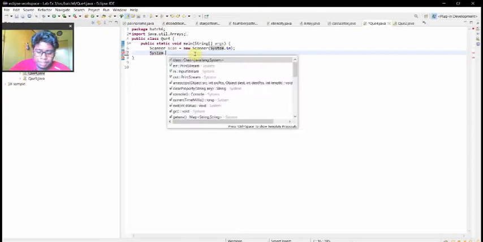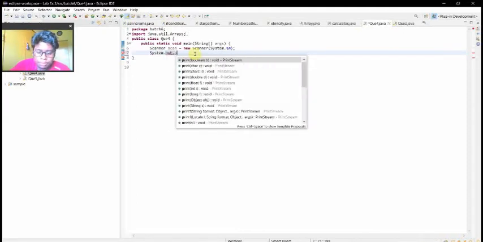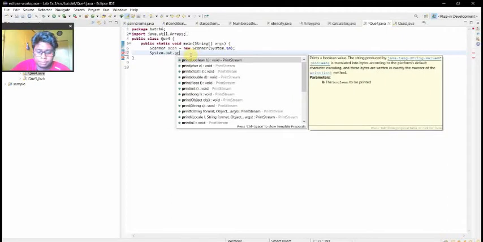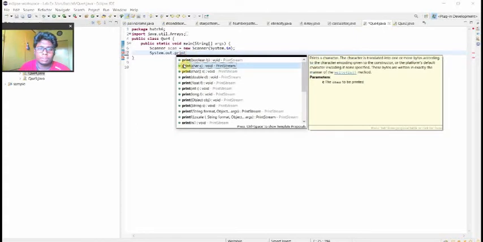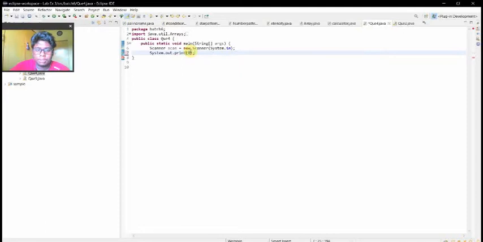Now I'm going to print out with System.out.println: "Please tell the number of names in integer", then close the bracket.